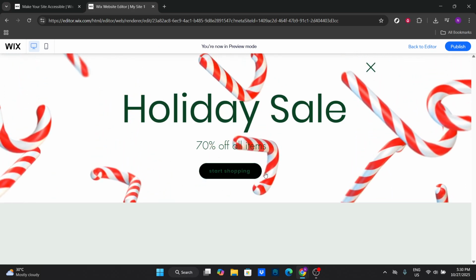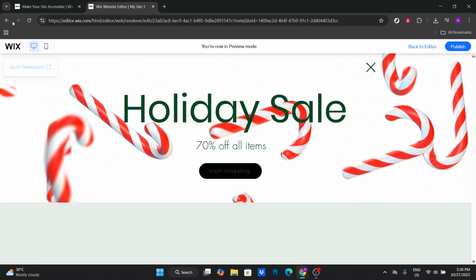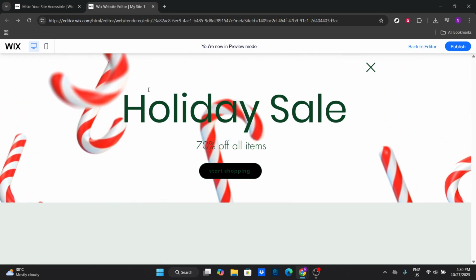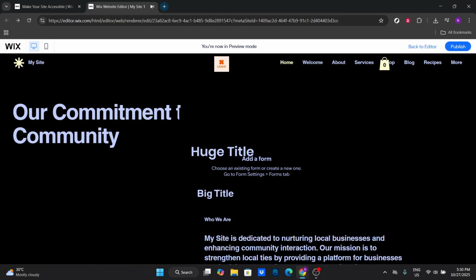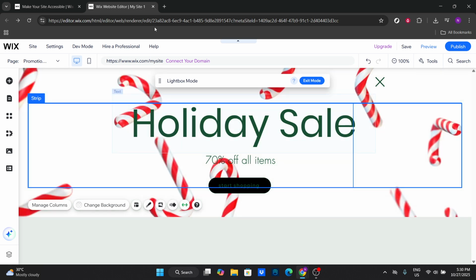And there you have it, a straightforward way to add scrolling text to your Wix website without touching a line of code. Thanks for following along with this tutorial. Have fun with your new scrolling text feature, and feel confident knowing that little details like these make a significant impact on user engagement. Happy creating,